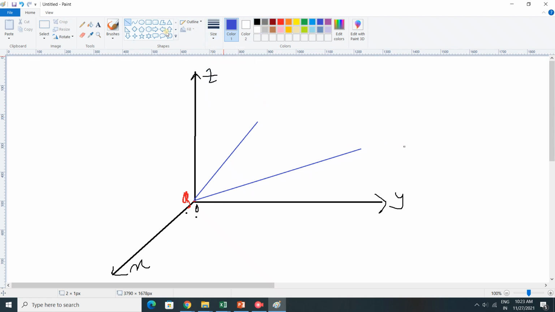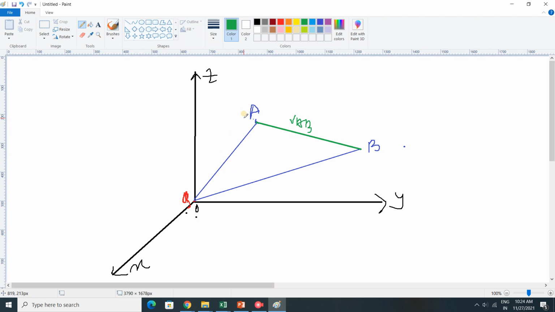Okay, now what is this distance actually? A line. This line denotes that there is a point A over here and point B over here. Now the potential at point A is VA and potential at point B will be VB, and if I want to drag the charge from A to B, then it will be the potential difference from A to B. This is VAB.